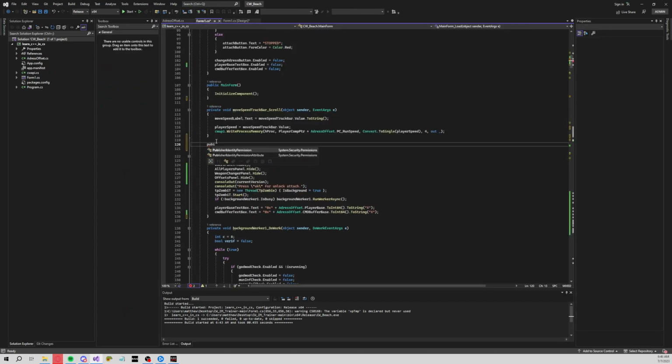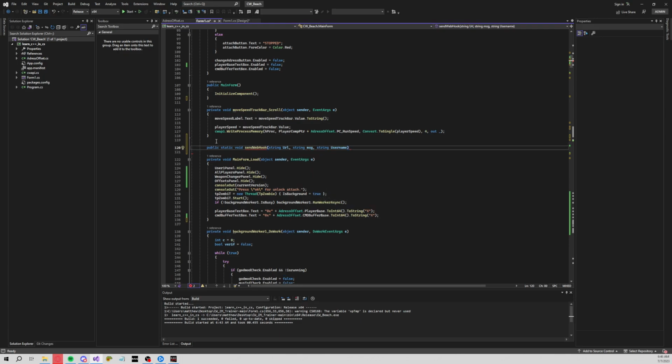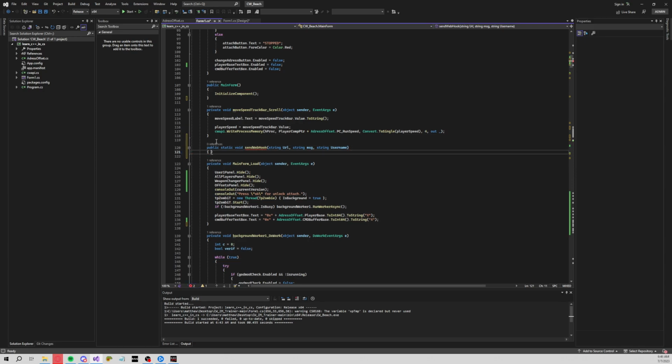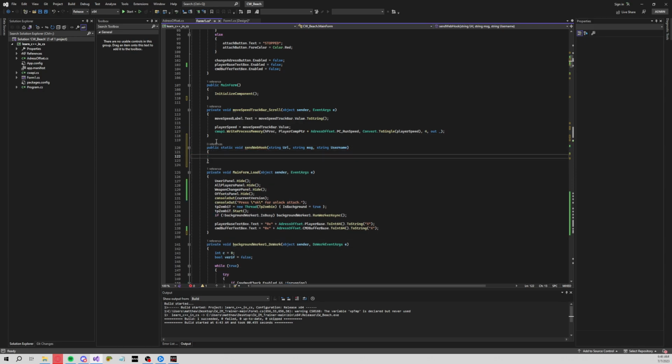Put public static void send web hook, string URL, string message, string username, brackets, post